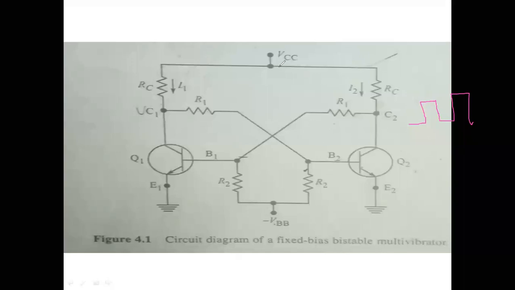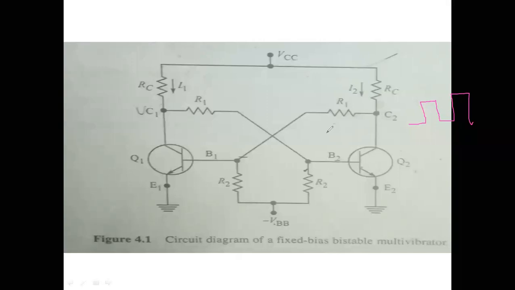For that justification we saw that the circuit is symmetrical on both sides, therefore the same amount of current is flowing. As the current is flowing, definitely the transistor will be in the active region. If the current is of more value, then it will be in saturation because both are operating.